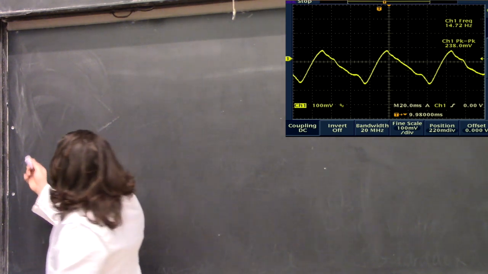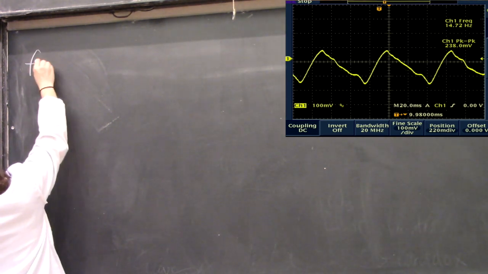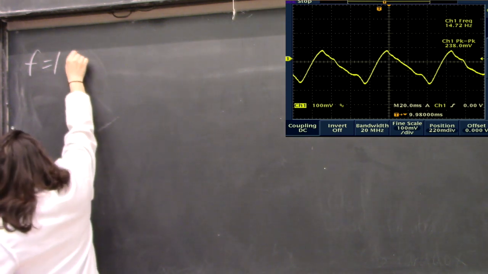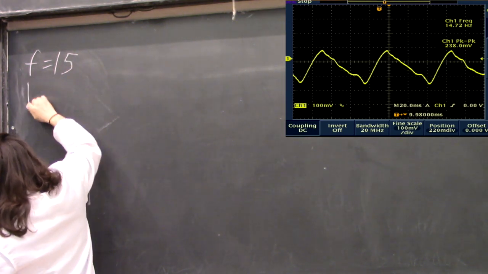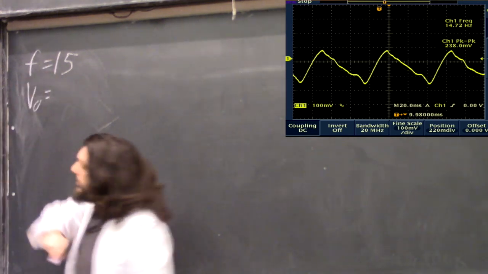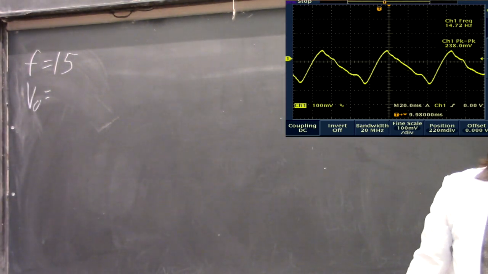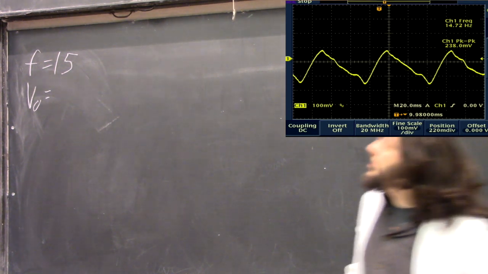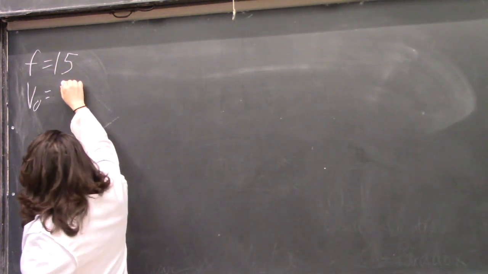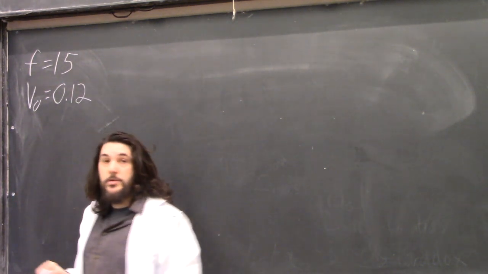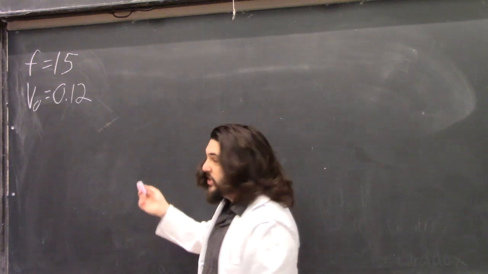From our readout, we can see that the frequency is about 15 hertz. Just remember, these are all going to be in SI units. Our peak-to-peak voltage is 238 millivolts, so our amplitude is about 0.12 volts. Our Faraday's law equation is,